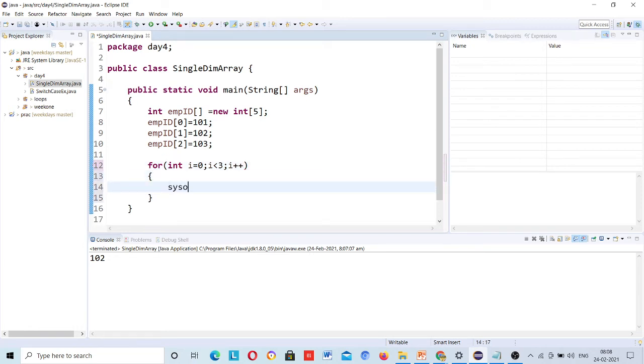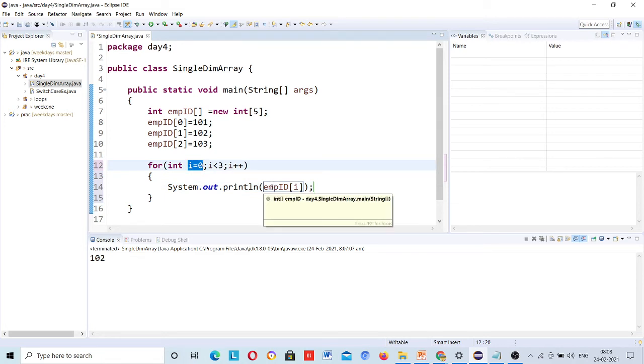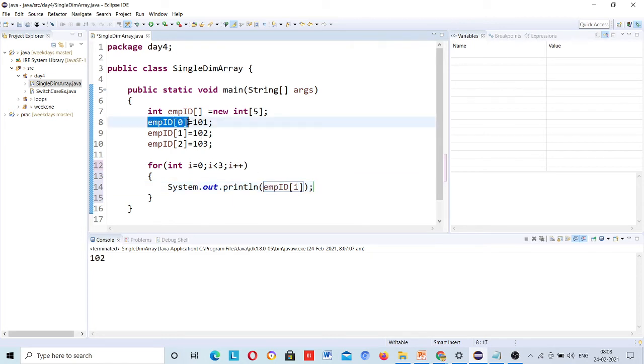Now I just need to print System.out.println, and employee id I will use, and inside this, instead of passing these numbers, I will pass i, because the i value is changing every time. First time i value will be 0, so employee id 0 will print this.